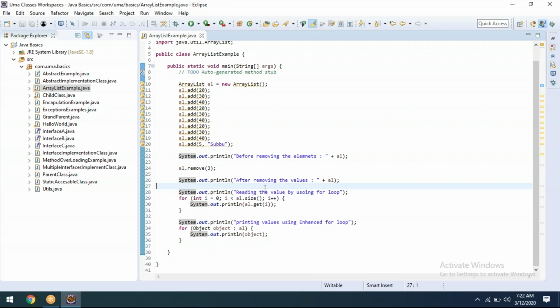Now we'll go for another method. Let's see how many ways there are. The first one is just going for the normal System.out.println, which will print the values set by set. We are not able to read the values one by one. To read the values one by one, we have three options. First one is for loop. Second one is enhanced for loop or for each. Both are the same. And the third one is like an